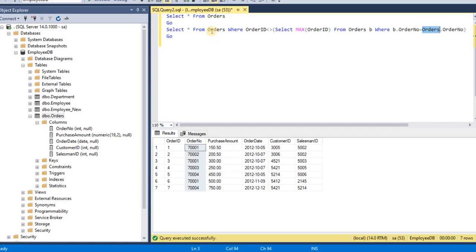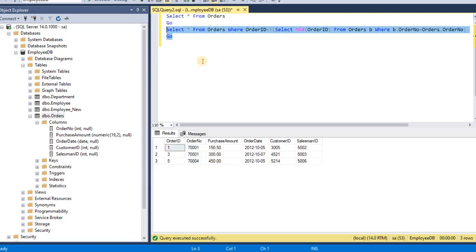Here order is the outer table. Okay, so select this query and execute. Now you can see here the duplicate records. There are 3 records which are duplicate in the orders table.